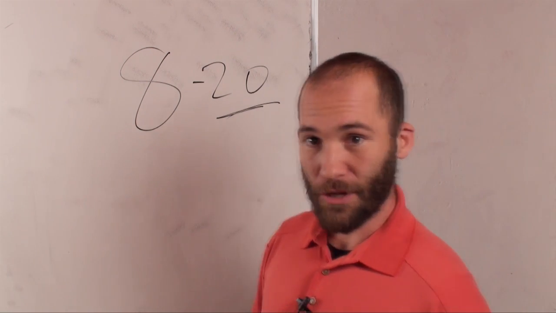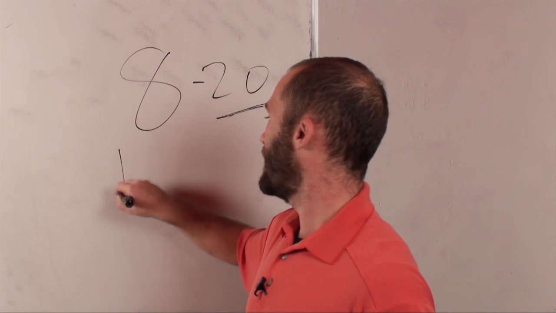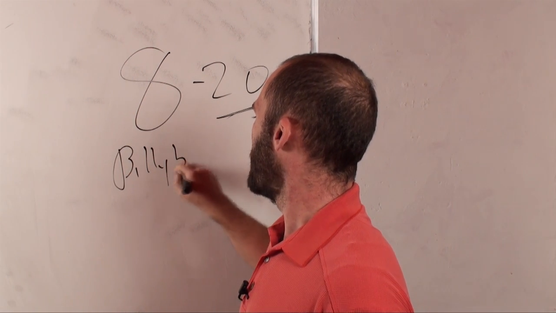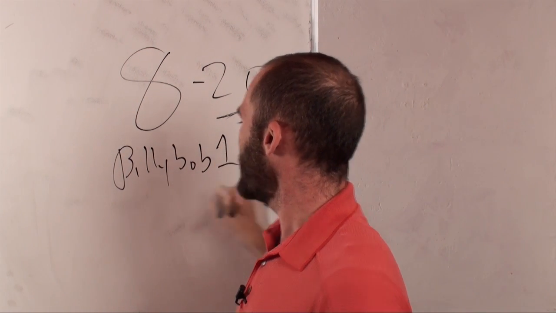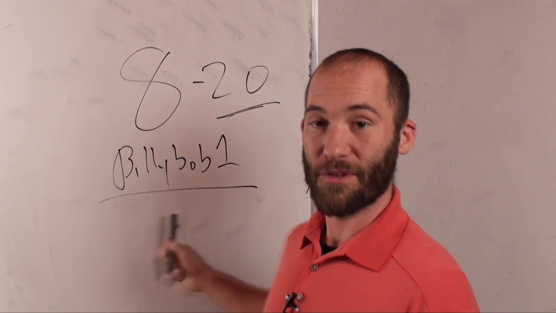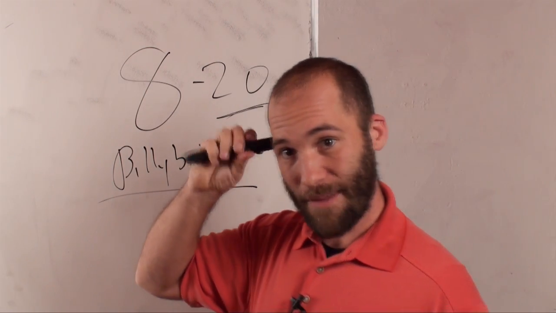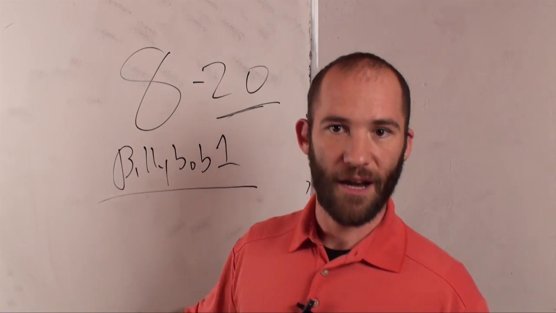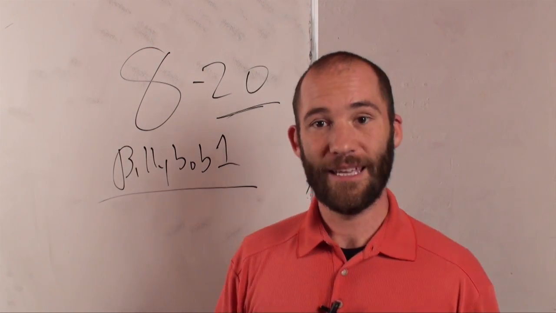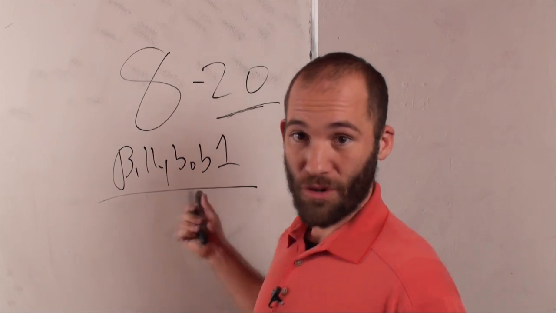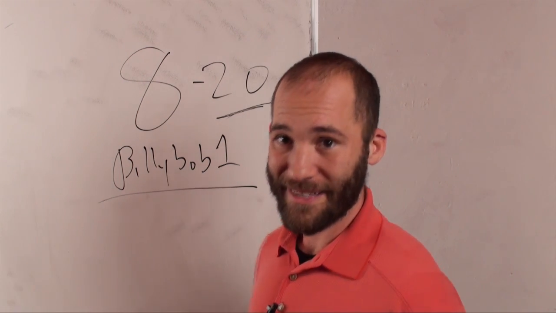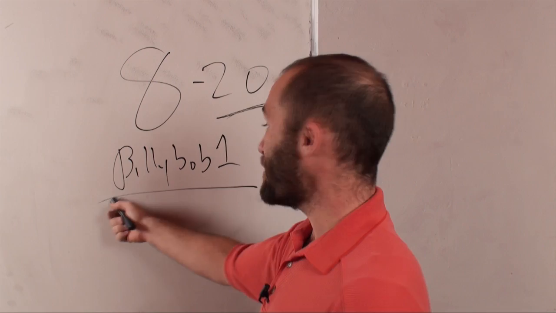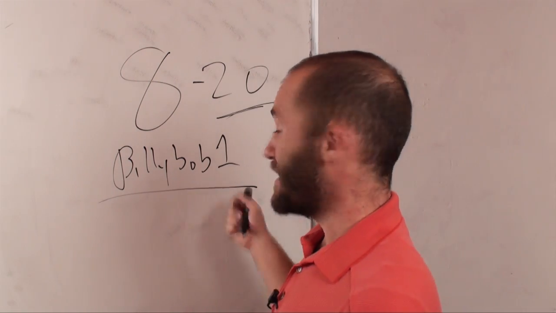Now, what most people do is, let's say, Billy Bo Bob 1. This is what most people use for a password. So they come up with a name in their head. They make the first letter uppercase, because you need an uppercase, and then they put a 1 at the end. Now, of course, this is more secure than just having all lowercase, but not that much more secure because people can probably guess what this is.